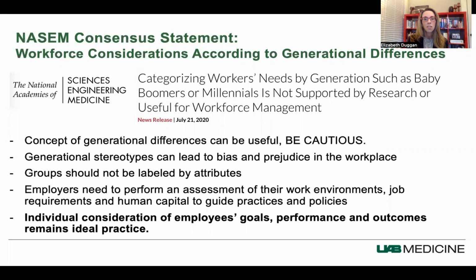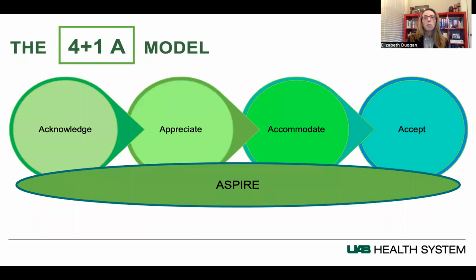meaningful and productive careers. While multiple frameworks are available to reconcile workplace differences, the generational sticking points, as reviewed by the previous speakers, can be easily approached by the 4+1A model, built out of generational literature and augmented by facilitation, mediation, and negotiation work. The structure is easy to remember and can be broadly applied across a variety of situations.